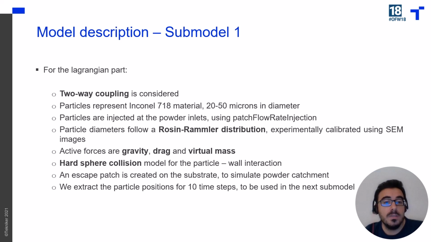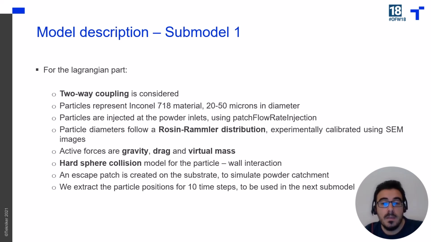A two-way coupling is considered. The particles represent Inconel 718 material, which is a nickel-based superalloy widely used in aeronautical applications, with 250 microns in diameter. The particles are injected at the powder inlets using the patch flow rate injection model. Also, the particle diameters follow a Rosin-Rammler distribution, which is experimentally calibrated using scanning electron microscope images. As active forces, we consider gravity, drag, and virtual mass. We also include a hard sphere collision model for the particle-wall interactions,